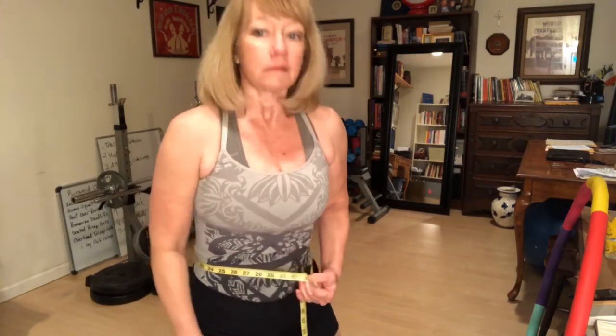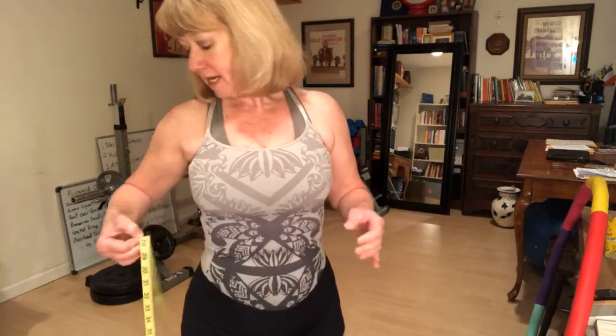So I am going to do that perfect posture, but I'm not going to vacuum like this. I'm not going to over suck in, but I am going to zip up, and I'm not going to look. There it is. And it is 27.5 inches. I need to bring that down. I'm 31 inches tall. So less than 50%, so less than 30 inches would get me into the healthy range